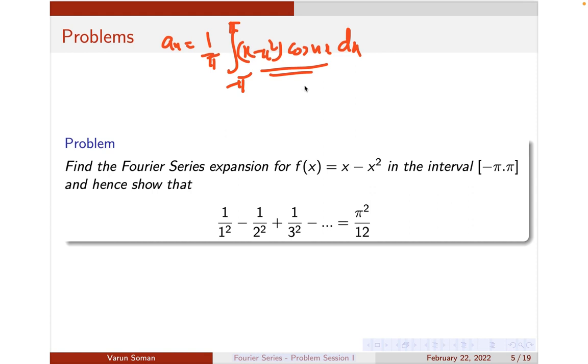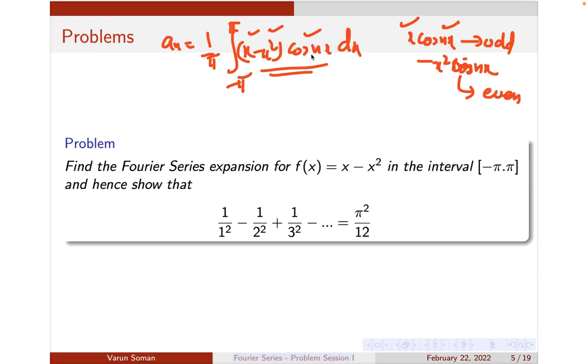So please try that way, but I will also give you a simple method by using this odd or even functions. Okay, just think here, you know that x is an odd function, cos nx is an even function, x square is an even function, cos nx is an even function. So the integrand is x cos nx minus x square cos nx. Okay, now x is an odd function, cos is an even function, so this will be an odd function. And again, x square is an even function, cos is an even function, so the product will be an even